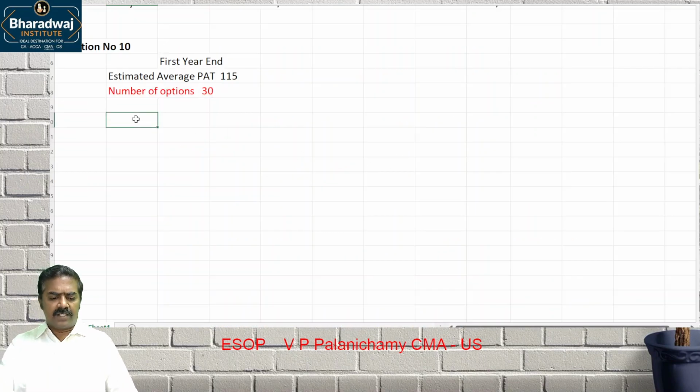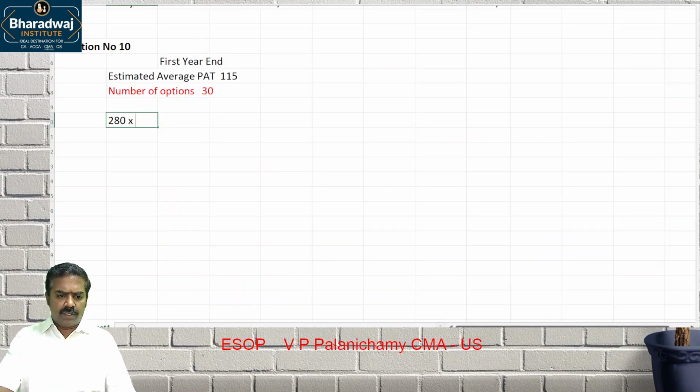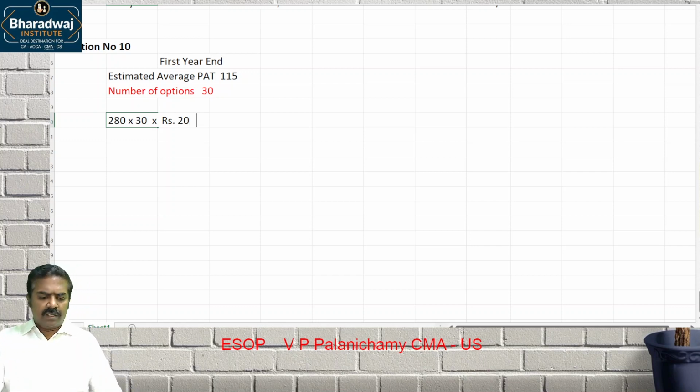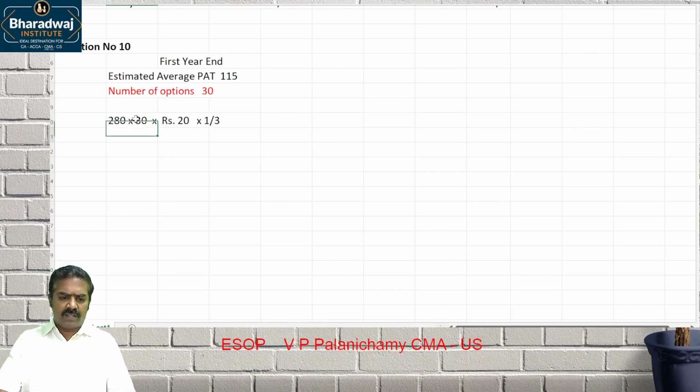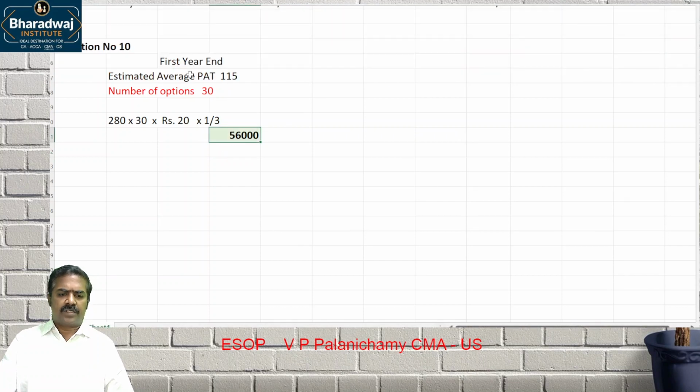So how many employees expected to exercise the option on this date? 280 employees into 30 options into what is the fair value? 20 into 1 by 3. So this will be the cost for the first year. 280 into 30 into 20 into 1 by 3. 56,000 is expense to be recognized for the first year. First year. This is on what date? 31st March